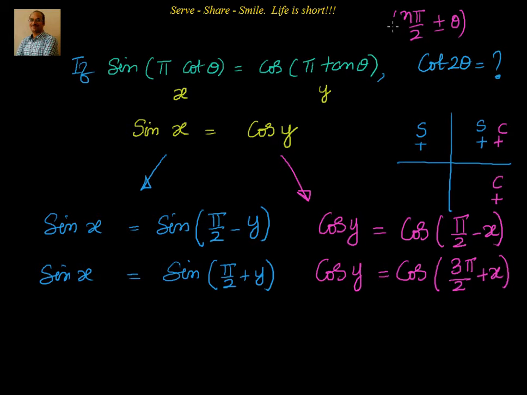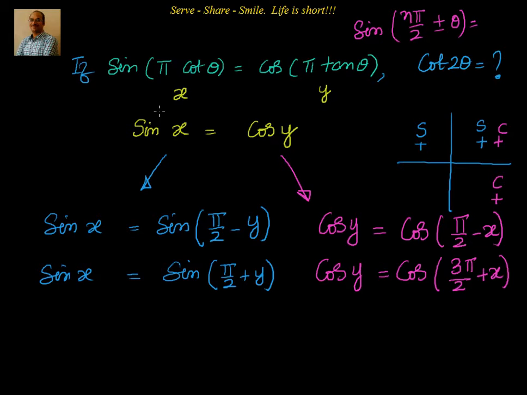Any trigonometric function, let us say sine of nπ/2 plus or minus θ, is cos θ if n is odd, and it is equal to sin θ if n is even. That's the ground rule we follow in all of them. So if n is an odd number like 1, we shift from sine to its partner, that is cos. Sine to cos, cos to sine. So these are the four options I have.